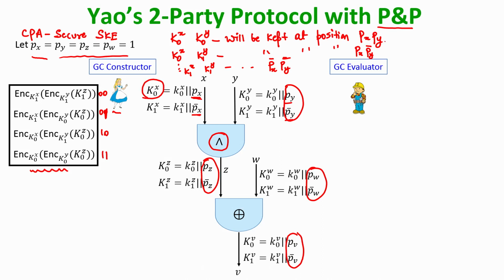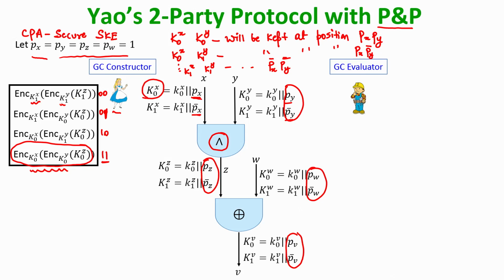Px and Py are both being 1, that means the ciphertext indexed with 1 1 will actually be the encryption of the key z being 0 prepared using the keys x being 0, y being 0. And in the same way you can see here that the encryption prepared with the keys for x being 1, y being 1 is now kept at the first entry. A first entry means indexed with 0 0.